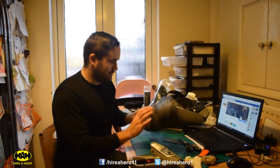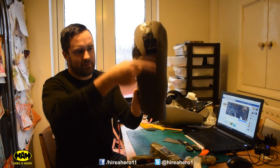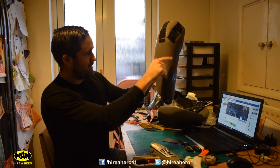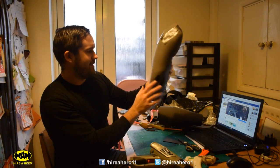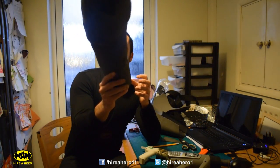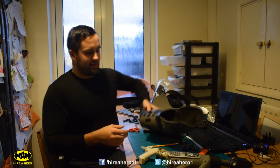Right, the only bit left to add in is that there's no separation between the shoulder and the arm. Ideally, it will have a distinctive line there. Not sure how well I'm going to get that just by heating it. We'll see. So here it is, all shaped, and the way I did that was heat the inside, and then